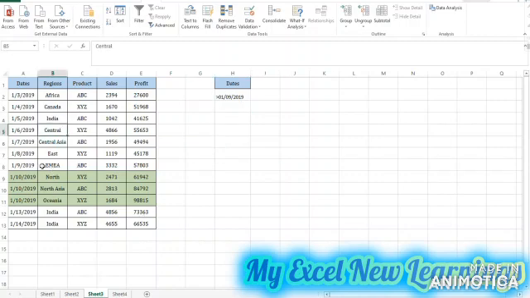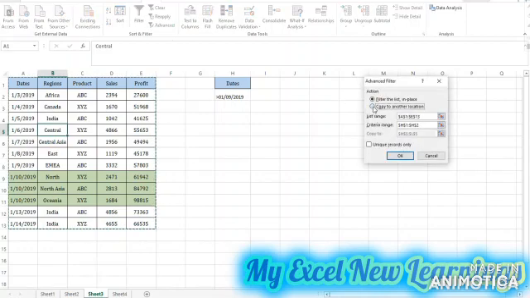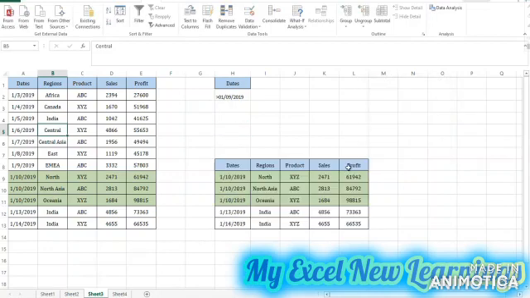I will click in the data, then go to the data tab, then click on the advanced filter. Then my list range is already selected. Now I will clear this criteria range. This will be our criteria range, and I want to copy and paste the data here. So we have a total of 5 records which are greater than Jan 9. So here are the 3, 4 and 5. This is our data.